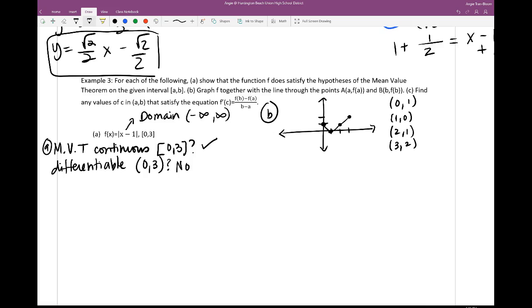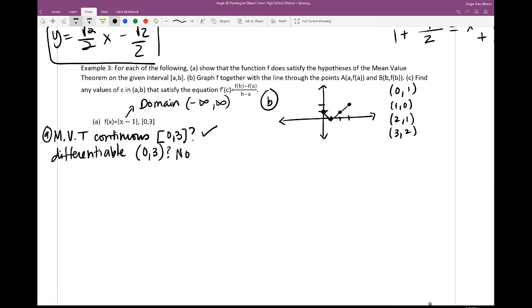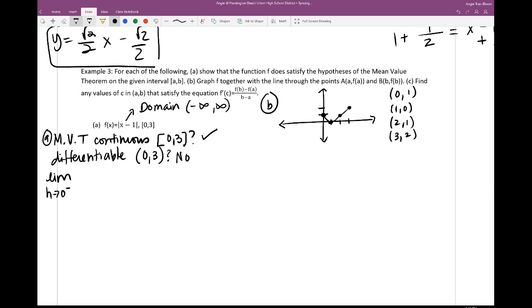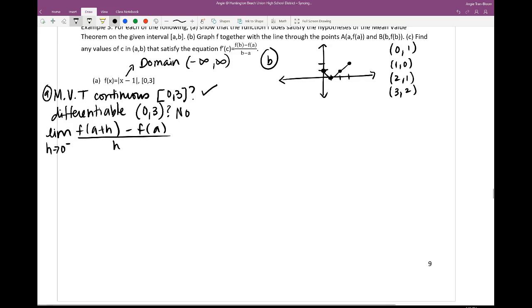And another way that we can prove this is that we can do the limits. This is really old school, okay? You don't have to go this route, but this is how mathematically I can show you. Limit as h approaches 0 from the left of f of a plus h minus f of a, taking you back to the formal formula, right? As you can see, the issue really is at 1. So limit as h approaches 0 from the left of f of 1 plus h minus f of 1. What's f of 1? We found it earlier. f of 1 is 0. So minus 0 all over h,